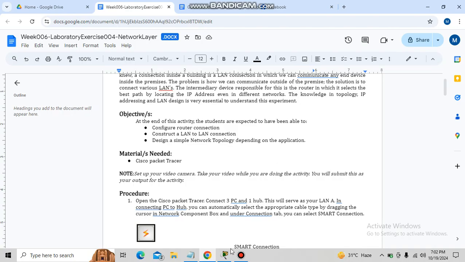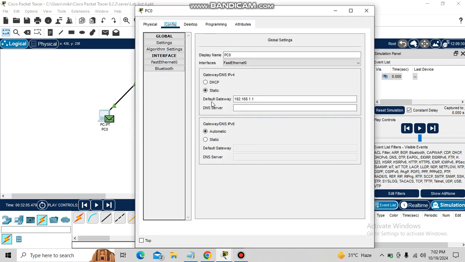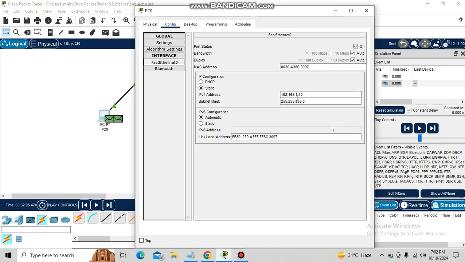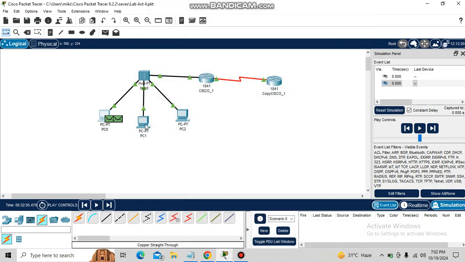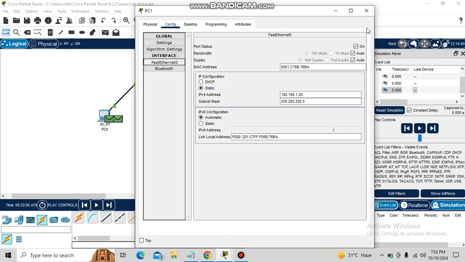And so to prove that I have actually configured my routers, I'll start with the PCs first, the IP addresses of the PCs. 192.168.1.1, 1.10, then 1.2. Okay,